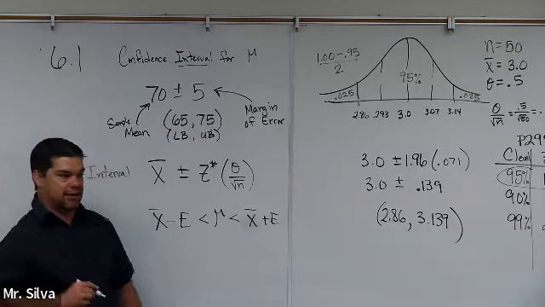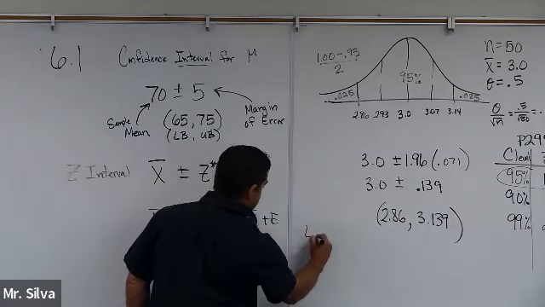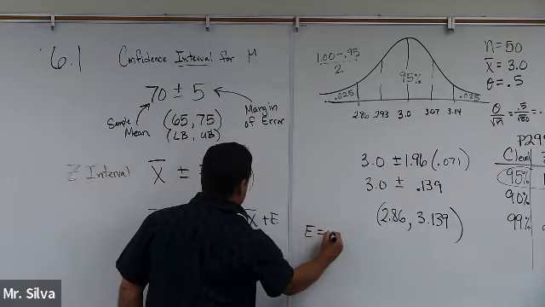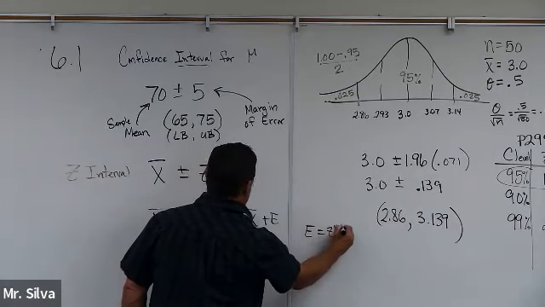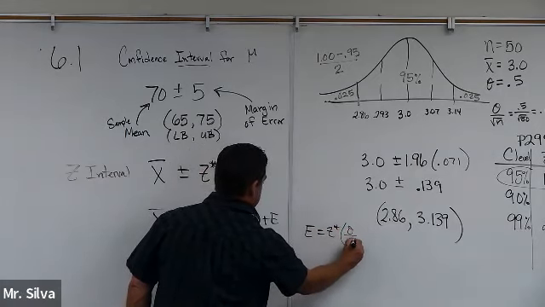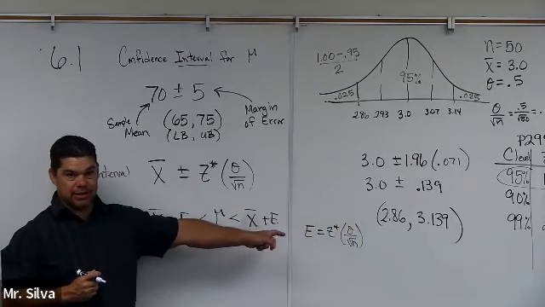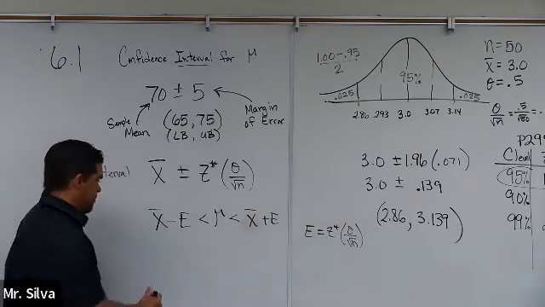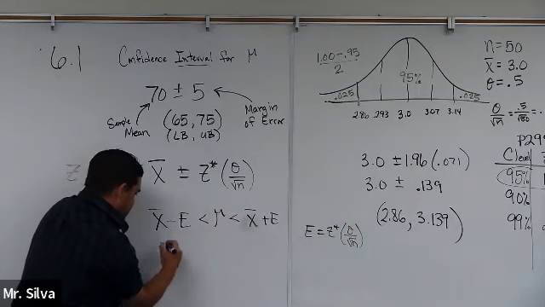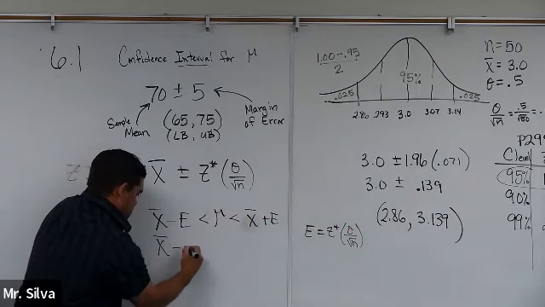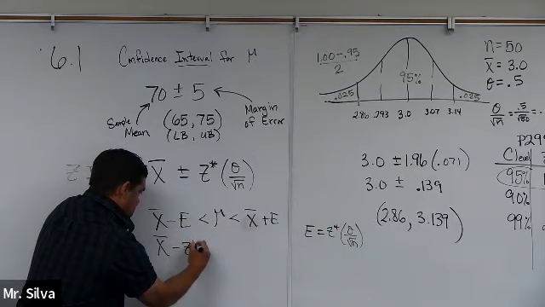And then the book says, oh, by the way, that E thing is Z star times standard deviation over the square root of n. So they told us this is a new piece of information. So now I'm going to plug that into this formula. Z star